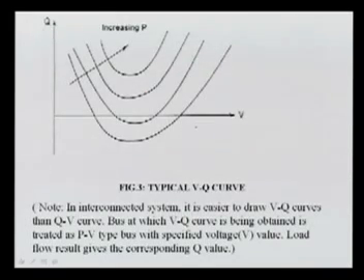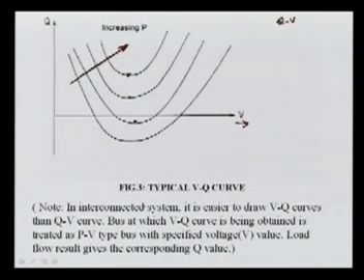You can also see the QV curve. This is your Q and this is your voltage. This is basically very well known, the QV curve. In this QV curve you can see the curve is approximately just like a V. So if you keep on increasing your power, if P is more, the Q requirement is going to be more and more, meaning more Q is required for the same voltage. If suppose your voltage here is a fixed value, then as the power increases, the Q increase will be more.